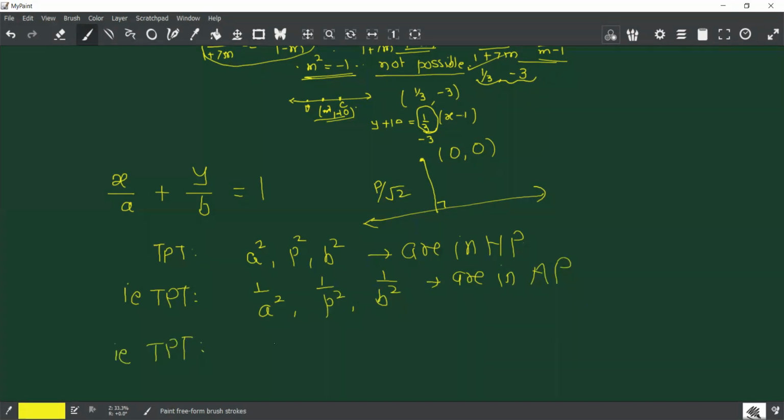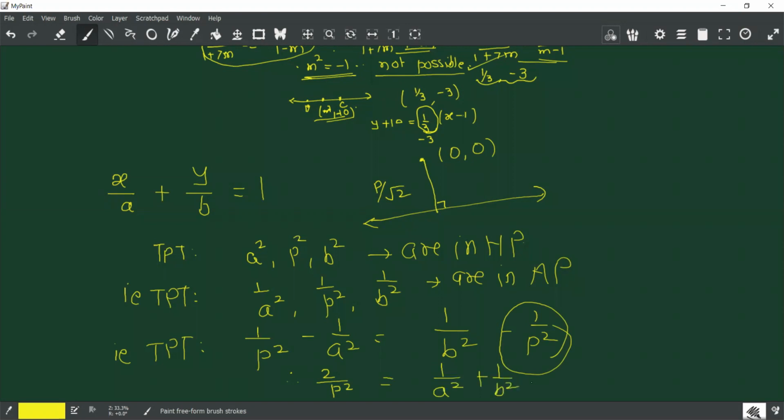अभी explain करने के लिए I'm writing this because otherwise these steps you would write in the backward direction for proving. It is second minus first is equal to third minus second. That minus 1 upon p square would come there. So 1 by p square plus 1 by p square would be 2 by p square is 1 upon a square plus 1 upon b square. So actual case में क्या होगा, तुम लोग यहाँ पहुँच जाओगे, then you have to copy these steps this way. Then ultimately you write a square, p square, b square are in HP. ये prove करना अपने लिए बहुत easy है.